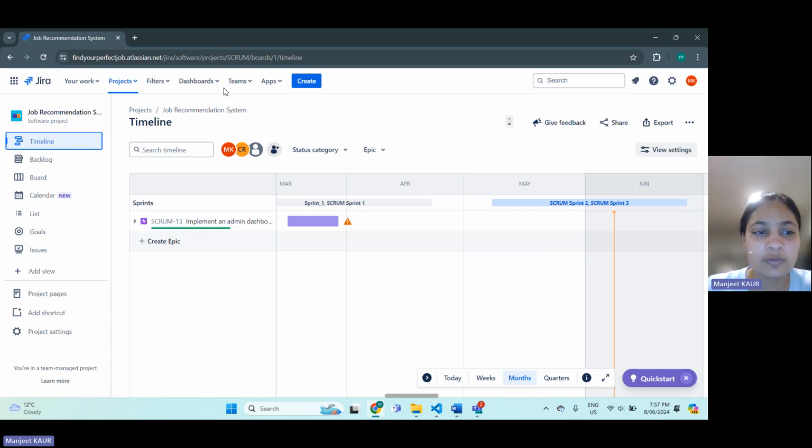So, in sprint one, the work I have completed is the requirement analysis for the project, which was organized during frequent meetings and discussions to have a comprehensive understanding of the needs of the stakeholders and set project scope. This is the crucial stage where we learned about the commercially viable features and functionalities the job recommendation